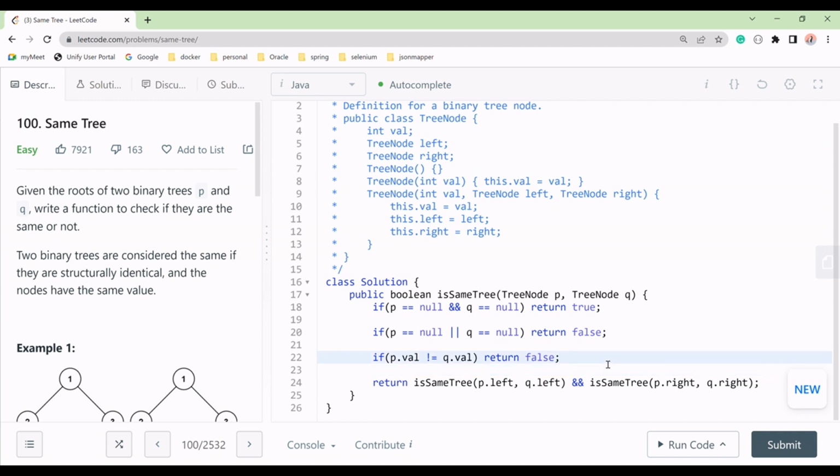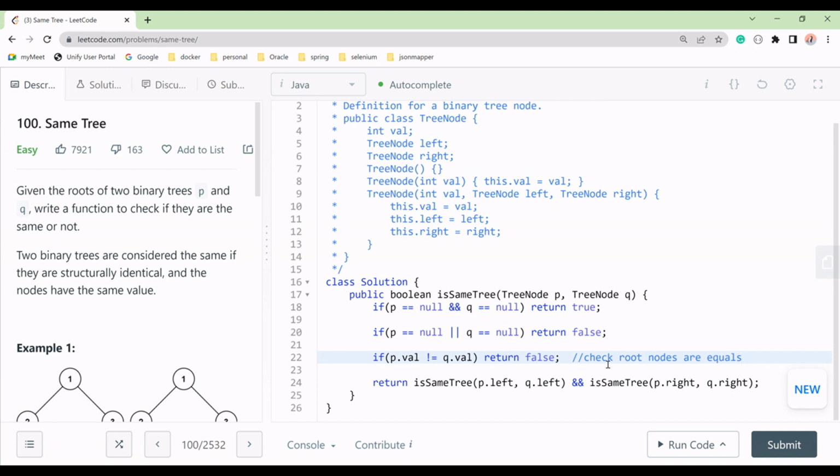Then we'll check its parent, the root node. If root nodes are not equal,